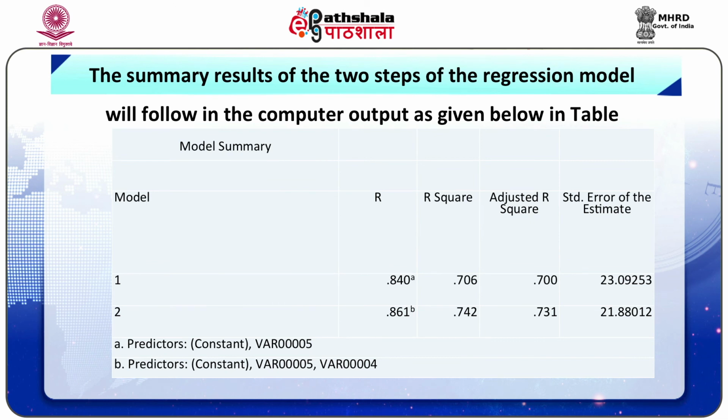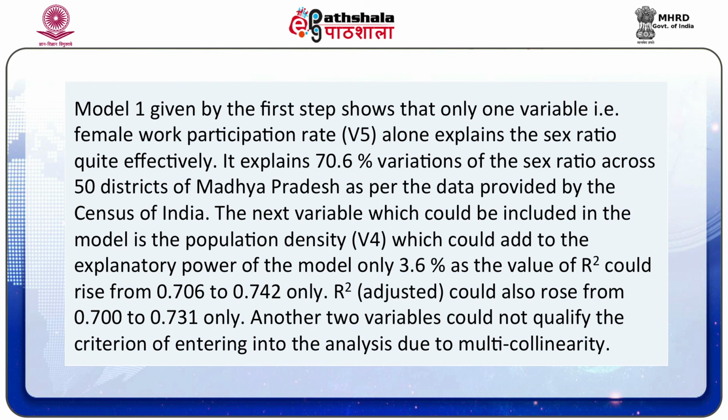The summary results of the two steps of the regression model will follow in the computer output as given below in table 3. Model 1, given by the first step, shows that only one variable, that is female work participation rate, variable 5, alone explains the sex ratio quite effectively. It explains 70.6% of the variations of the sex ratio across 50 districts of Madhya Pradesh as per the data provided by the Census of India. The next variable which could be included in the model is the population density, that is variable 4,